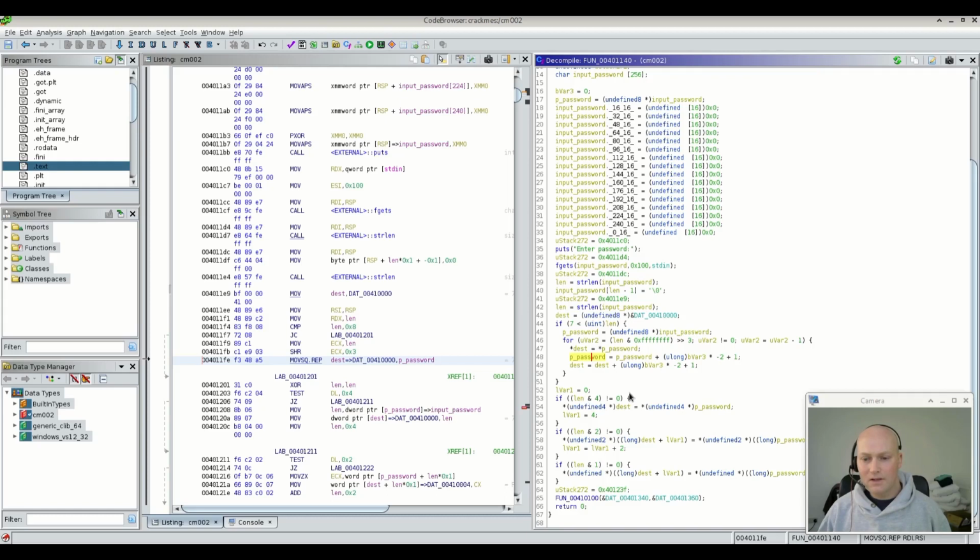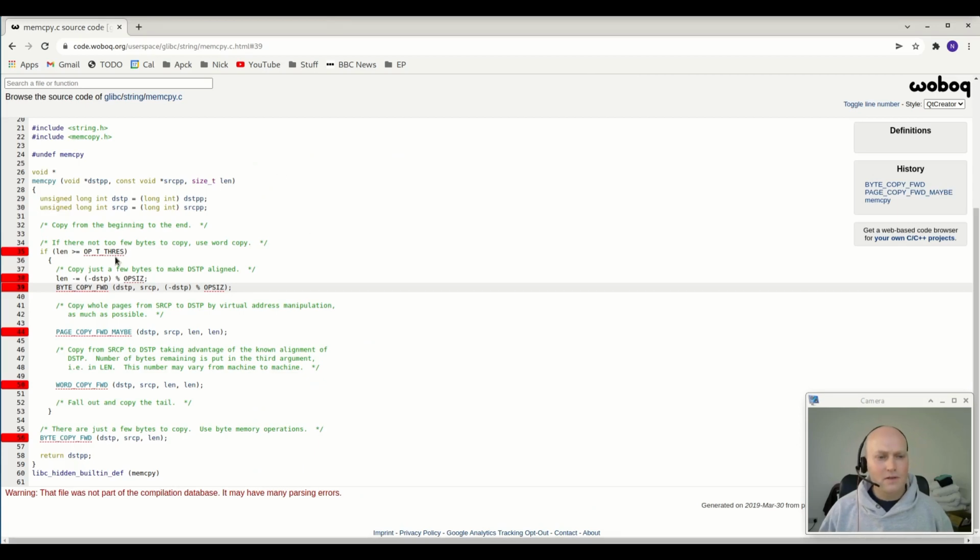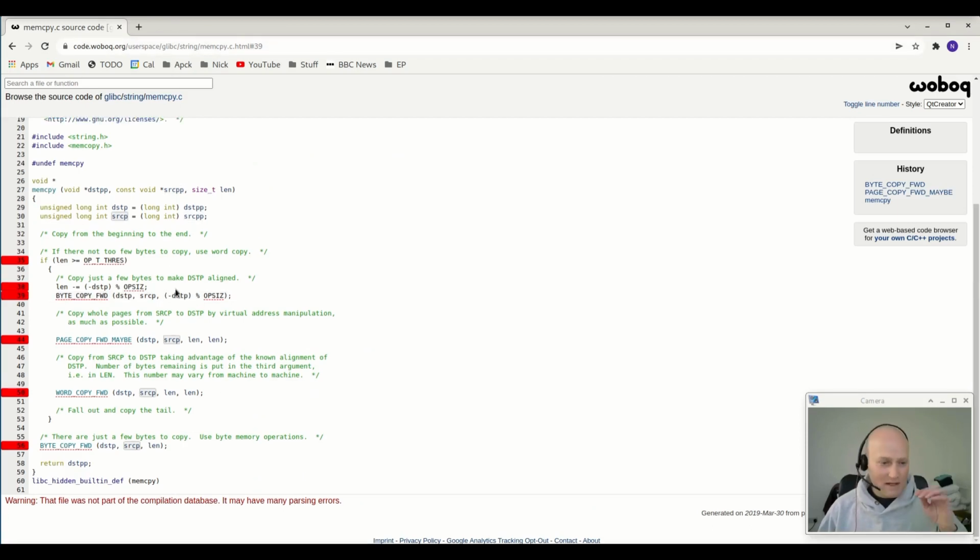And in fact, I won't go through this whole function. I might do that in another presentation, another tutorial. But if we look at this function now, okay, all I've done here is just found the source code for libc for the memcopy function. Now, this might not be the exact implementation that was compiled into this thing, but you can see how it works here. So the whole idea of memcopy is for copying loads of data from one place to another place in memory. So it makes sense that it's done as efficiently as possible,